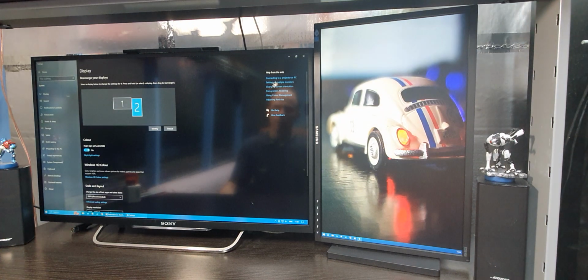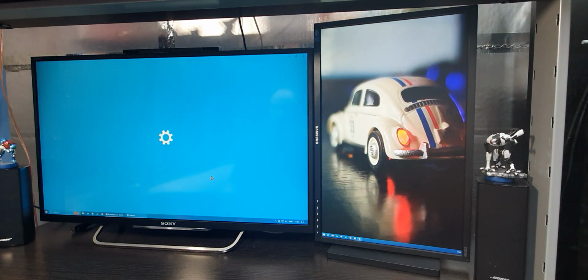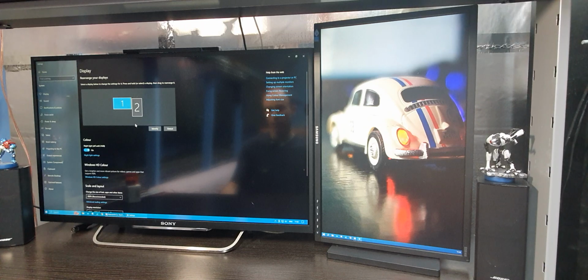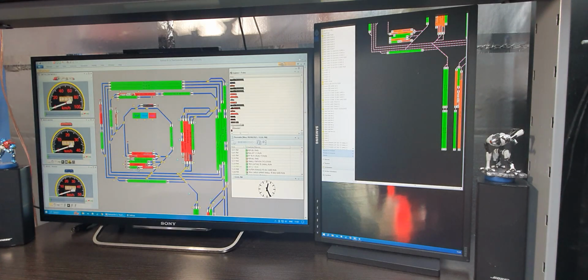you right click, I'll just get out of this a minute. Right click, go into settings, display settings, and when you plug the monitors in via the cables, they'll show up on this box. Number 1 is a Sony, number 2 is a Samsung. So that's all fine and it all works, but there's a really important tip you've got to do, which is to align the monitors